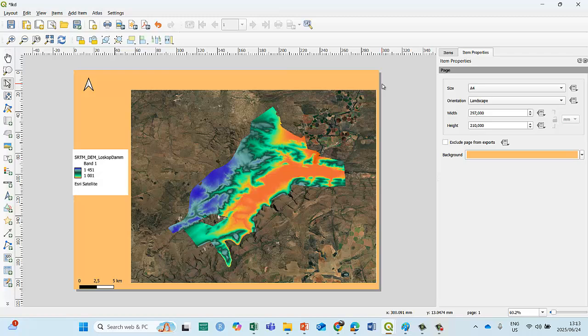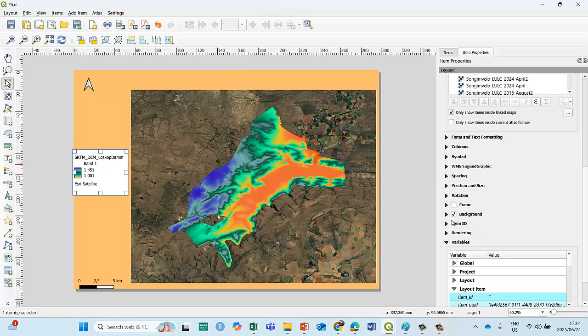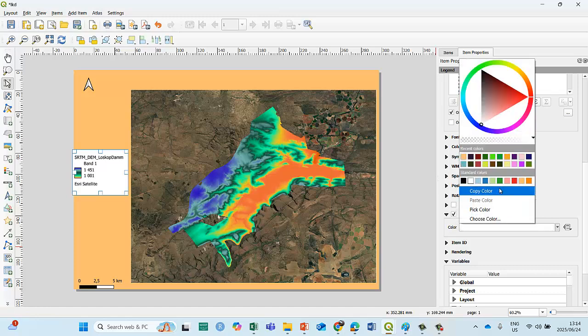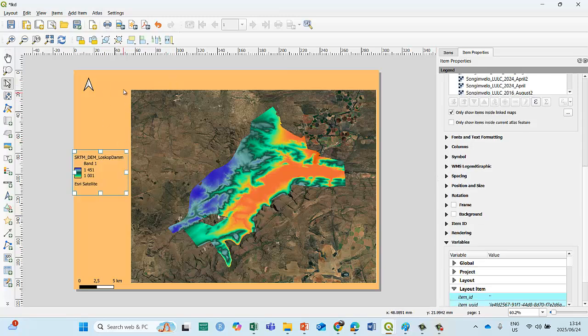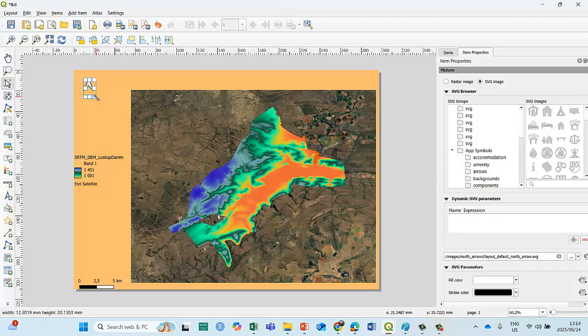Okay, now I can play around with it. There's a couple of things that I don't like. I don't like the white background here. Okay, so I'm going to change that background. If I scroll down here, you'll see there's background, and I untick, and there we go, done. So for the background, you can put a separate color if you want to. I just want to keep it consistent. Don't want to make it too colorful, it takes away from the image itself. So you can make this a little bit bigger, looks a bit small, put it more in the corner, whatever.